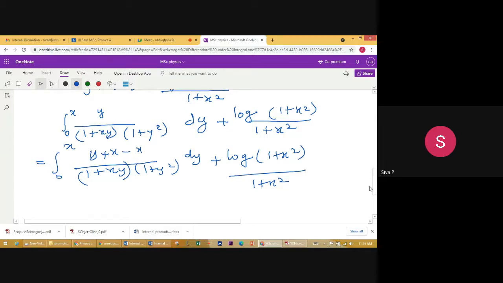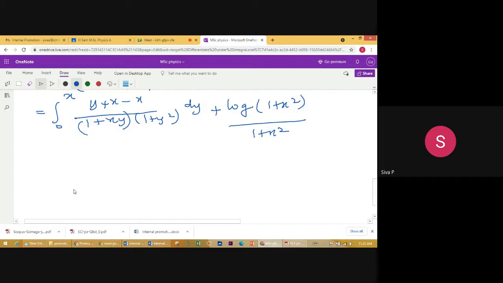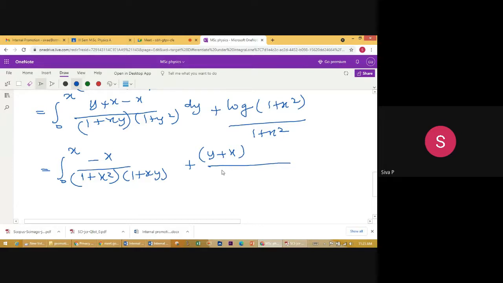Okay. And then in the next step, we can write that integral over 0 to x. That minus x part we can write separately, minus x divided by 1 plus x square into 1 plus xy. The remaining part is there, plus y plus x divided by